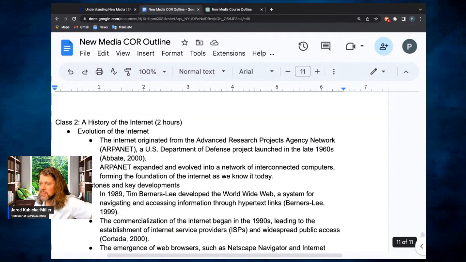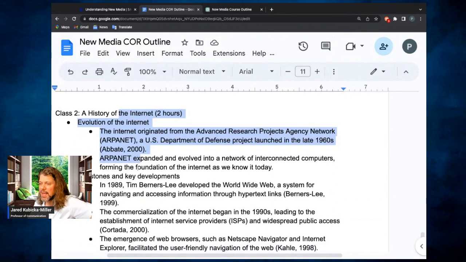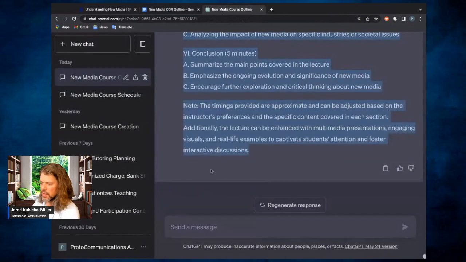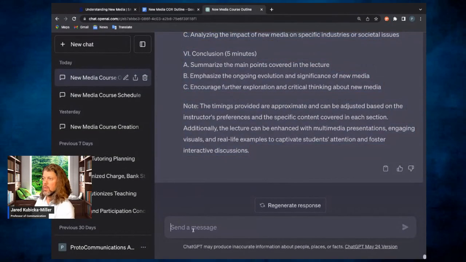But yeah, I think the history of the internet is going to be a homework type thing. Maybe I could find a nice little article. So let's take a look here.